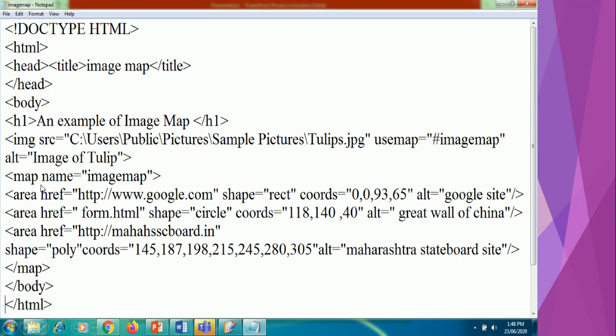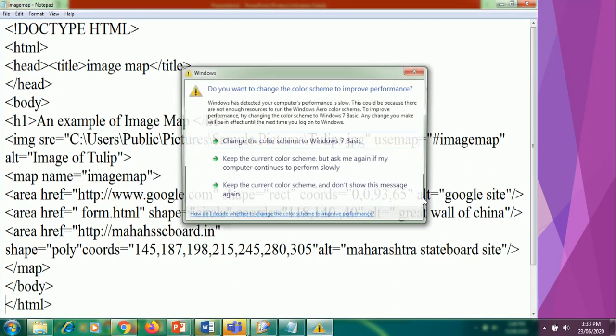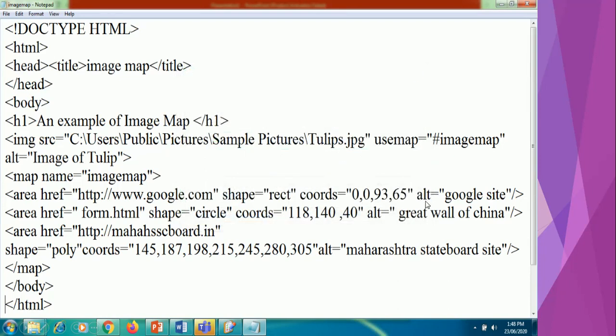Okay, map and its attribute name specify the image map name. Area tags, here I am using href, shape and alt. As we earlier discussed, the ALT attribute is used to describe the extra information to the user.